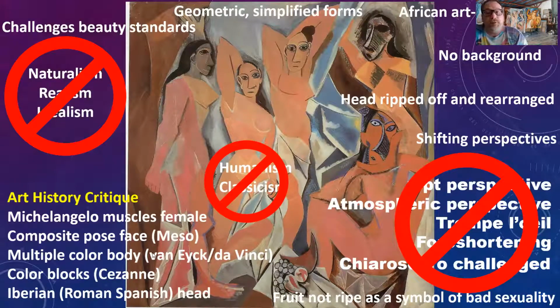First off, he's going to challenge beauty standards. These are not traditionally beautiful women in any way, shape, or form. In fact, some of them are hideous. If you look at how their masks have been distorted, he's going to use geometric simplified forms, and part of that comes out of the abstraction that Cézanne was playing with. He is the first artist to actually use African art, so these primitive African people, or primitive Black